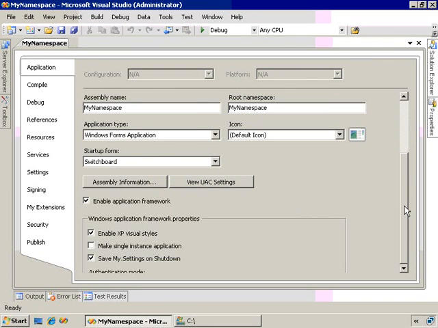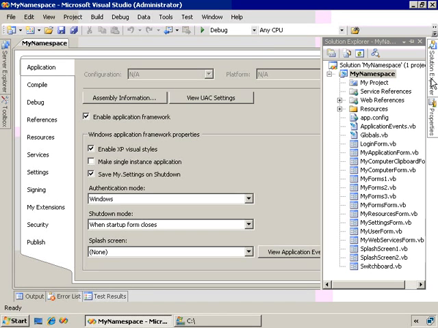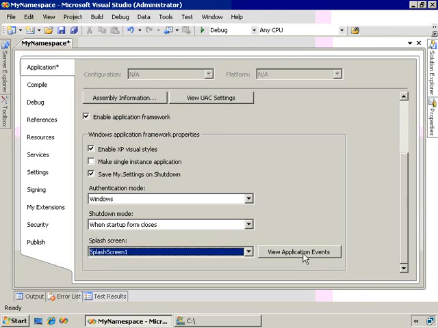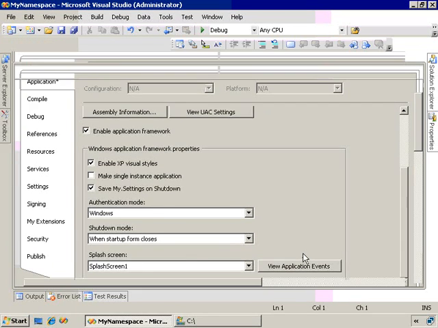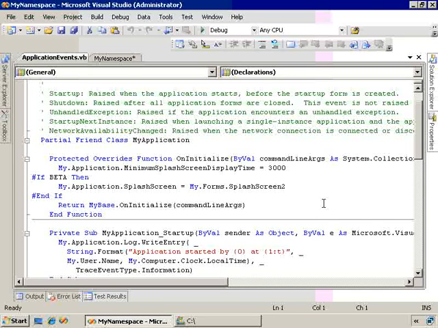I can also in here determine what I want the splash screen to be. And in this solution, I have two versions of the splash screen, SplashScreen1 and SplashScreen2. So I'm going to set the splash screen to SplashScreen1. And then I'm going to go into the application's events, and in the OnInitialize, I'm going to set the MinimumSplashScreenDisplayTime property of My.Application to 3000, meaning